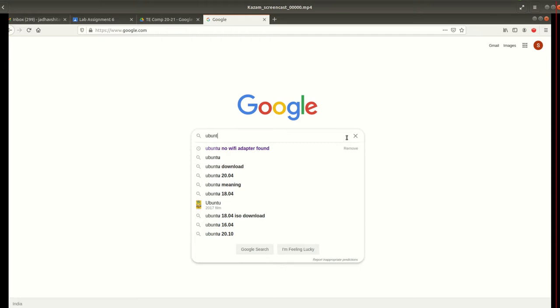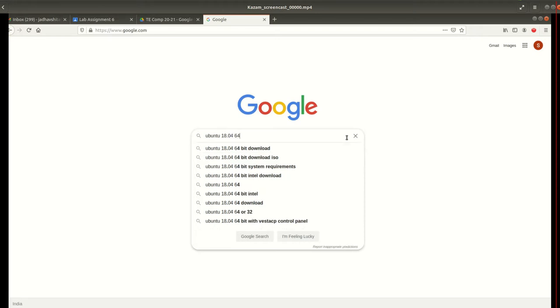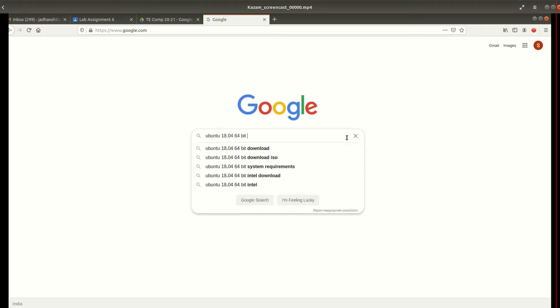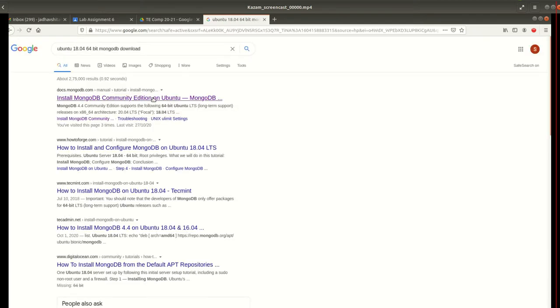So you have to Google and type your operating system. I am having Ubuntu 18.04 64-bit and I want to download MongoDB for it.